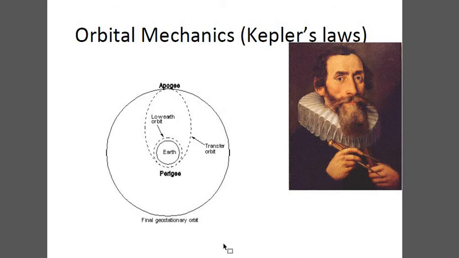This is how the orbit mechanism works, and this orbit mechanism is defined completely by a great scientist, Kepler. We have already studied something about this in physics, I think. All the orbital mechanisms are explained by the scientist Kepler, and he has given us 3 different laws, which are called Kepler's first law, Kepler's second law, and Kepler's third law.